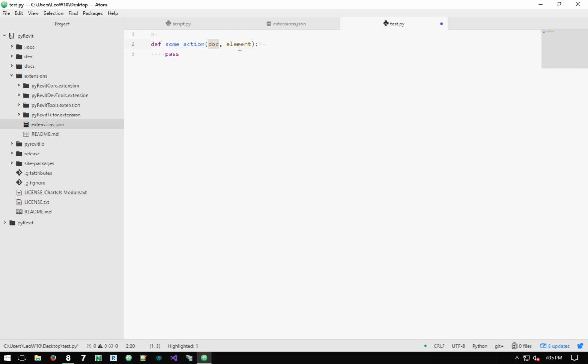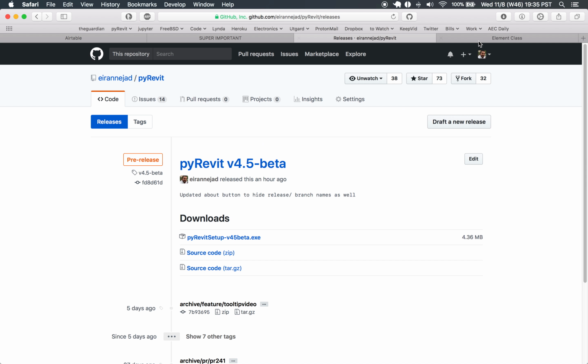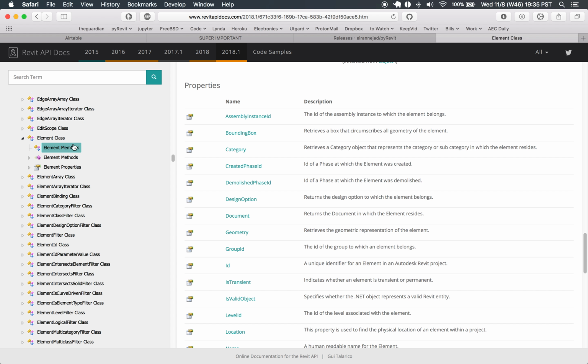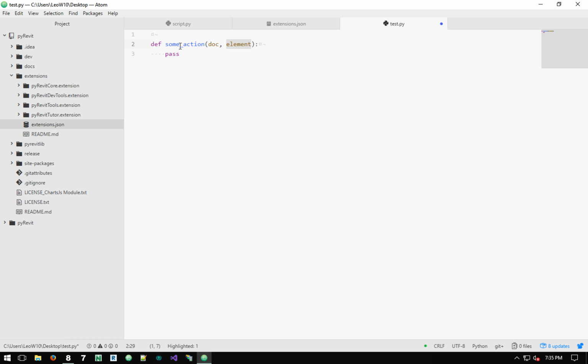There are some other good features about using elements. Let's say you have an action that you want to pass an element to. If you look into the documentation for elements, the element class has a property called document. So the element knows about its own document. So you don't have to pass the document and the element to the module function that you want to use. If you pass the element, then inside this function you can access that document